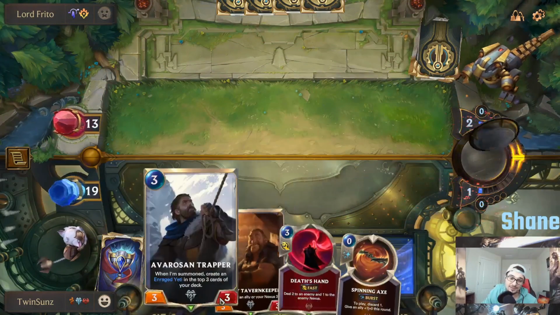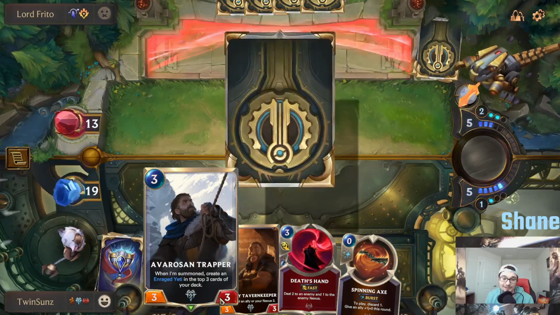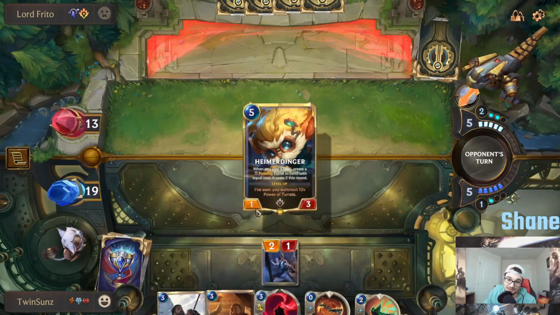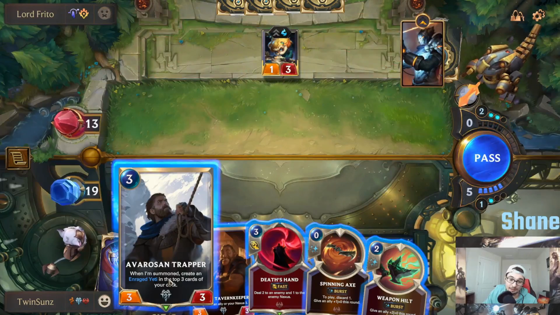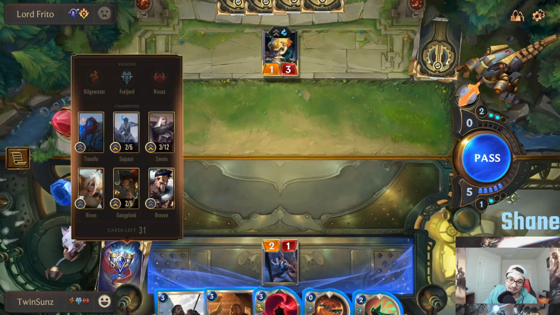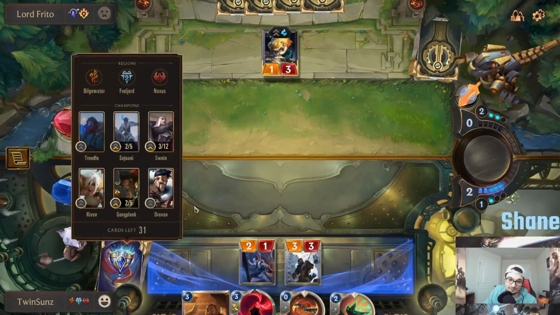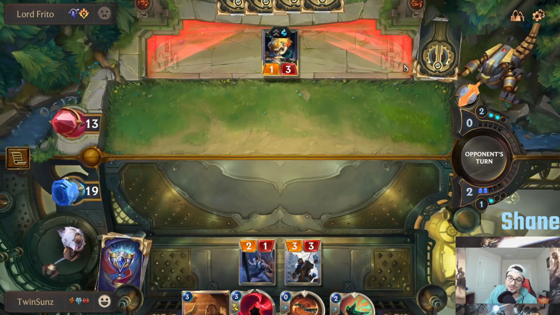So yeah, what I was saying about Trapper is that essentially he can dilute our hand a little bit. We do want to draw some things that will give us more hand value. Weapon Hilt's actually a pretty good one. But he will essentially put a Yeti here, and then we will eventually draw that, which will cause a problem. But I think right now it's our only bet here. It won't cause a problem, but it will just not...